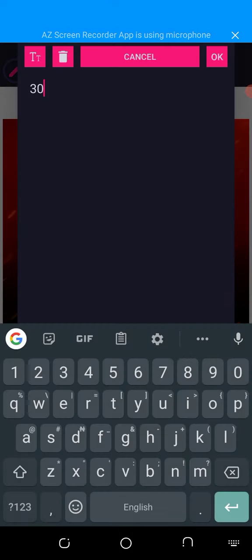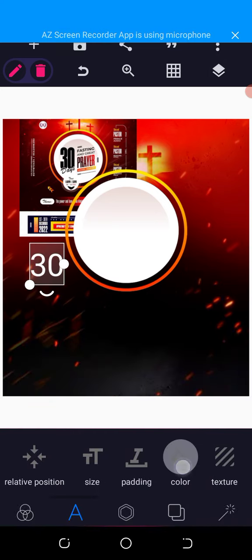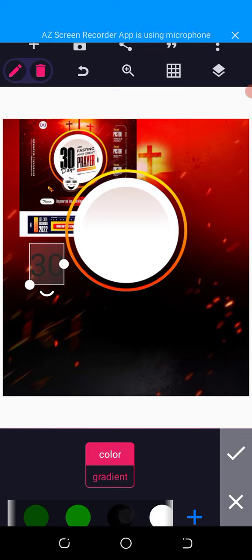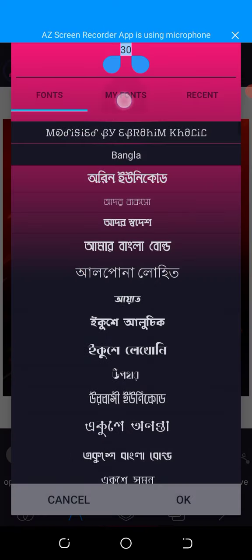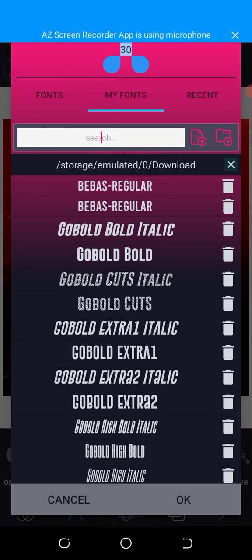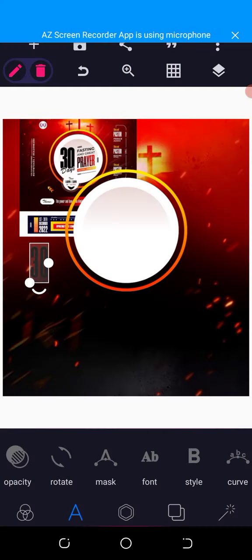So let's just write 30. All right, increase the size of 30, change the color to black, and after that you come to your font, look for a very similar font. Do I have the exact font here again? Oh, okay, let me just use something very close. I use Go Bold Extra, but that is not the real font used here. So we come here,